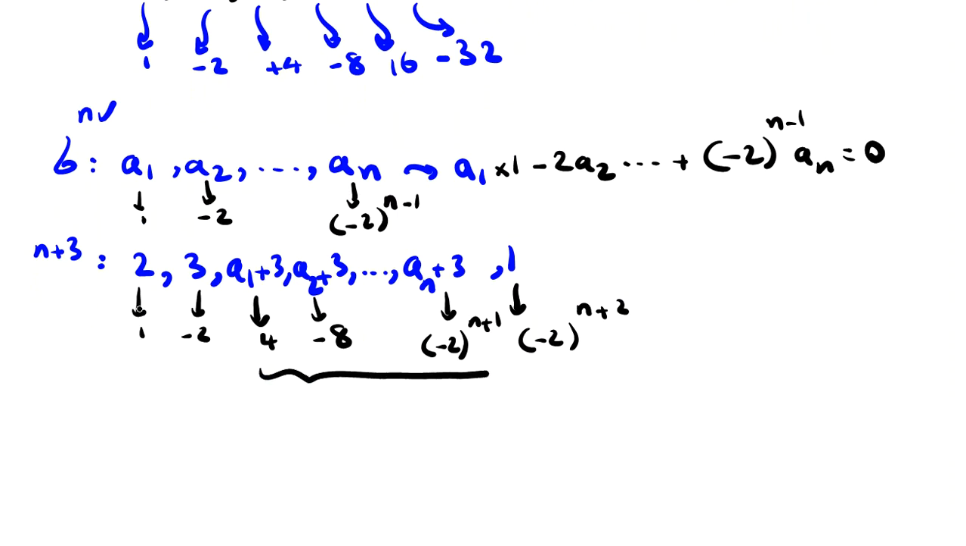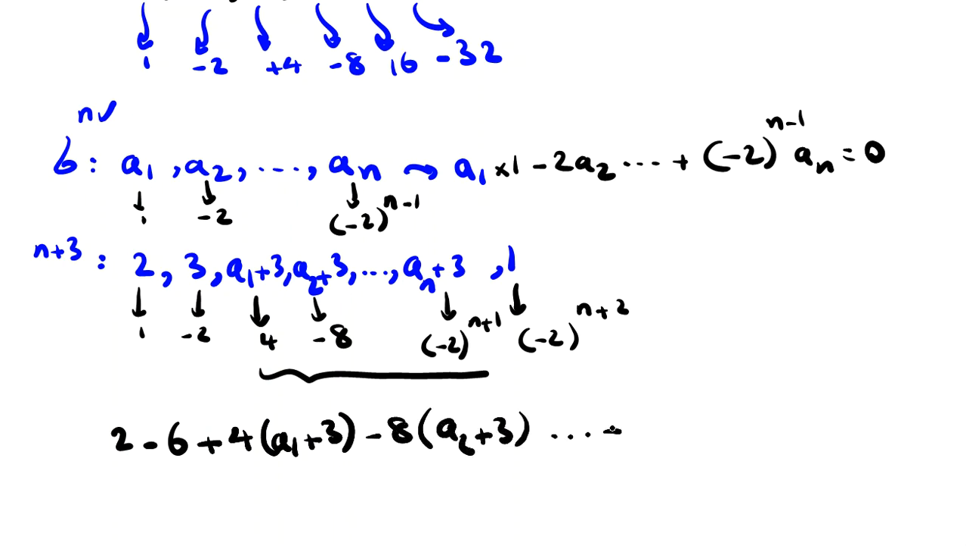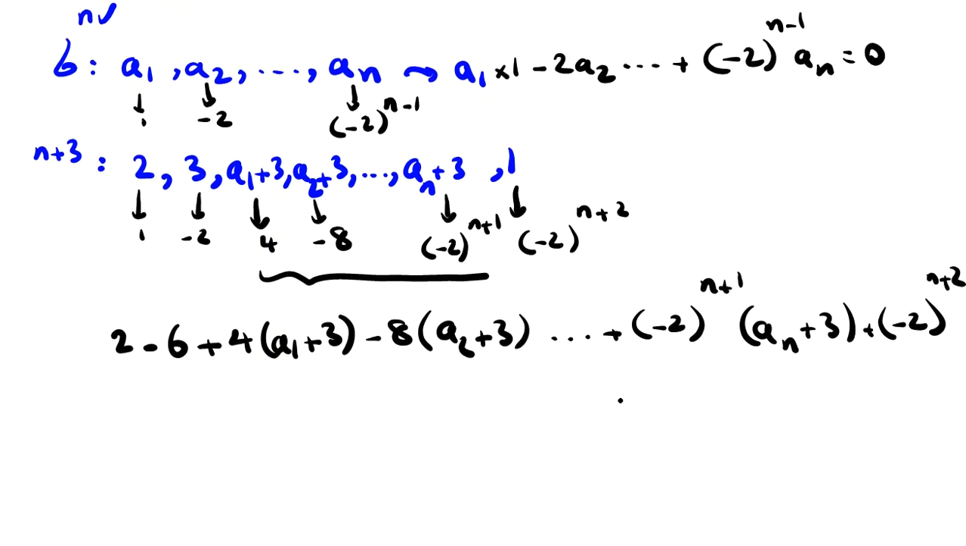So let's write from here. It will be 2, 3 minus 2 minus 6 plus 4 times a1 plus 3 minus 8 times a2 plus 3 and to -2 to the power of n plus 1, an plus 3, plus -2 to the power of n plus 2. Now, if I calculate that, because I want to find this term here, I say, okay, I calculate 3, I